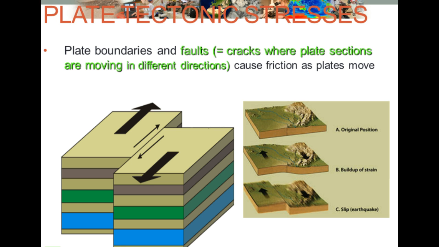Now, as you can see from the pictures above, tectonic plates located in a fault zone have what's called stick-slip motion. Write that down. Now, what this means is that at any given moment in time, the plates can be undergoing one of three types of stress. So let's get these in your notes.